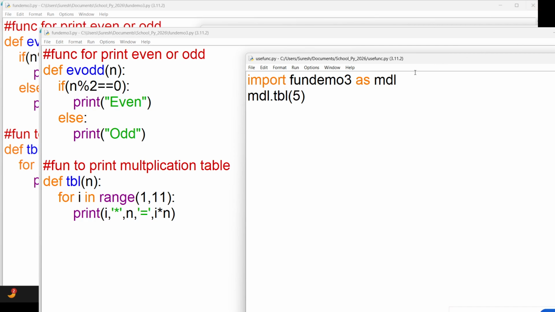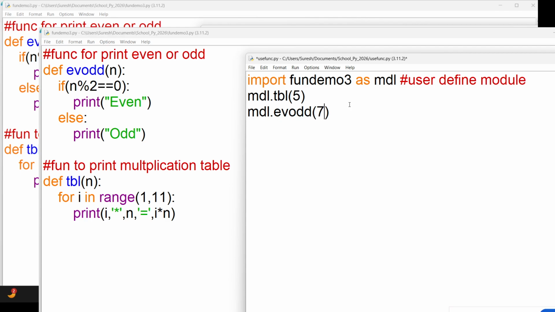Okay. So this thing that we are importing some file, this concept is known as module. This is the only concept I want to clear for you because it's very important. User defined module. Now, if you enter the MDL and the dot, you can access all the functions of this file, which is second function, even odd.